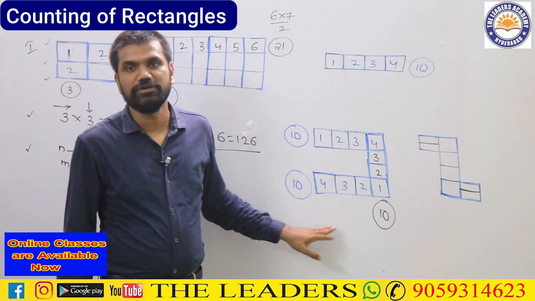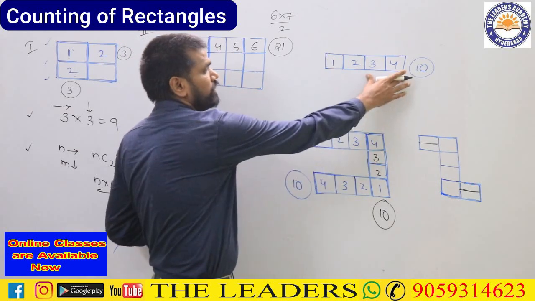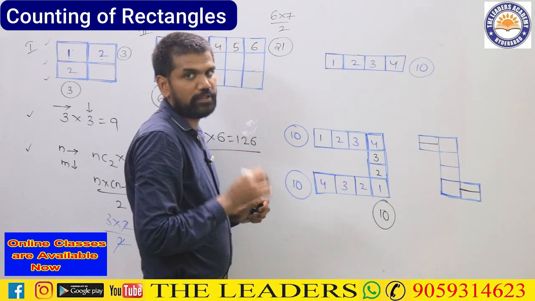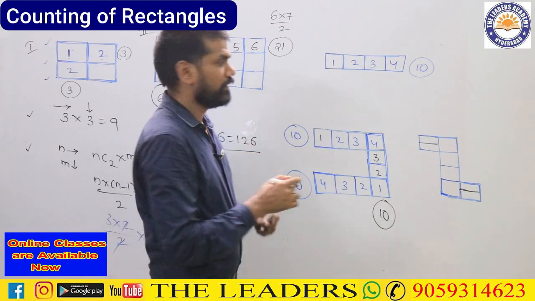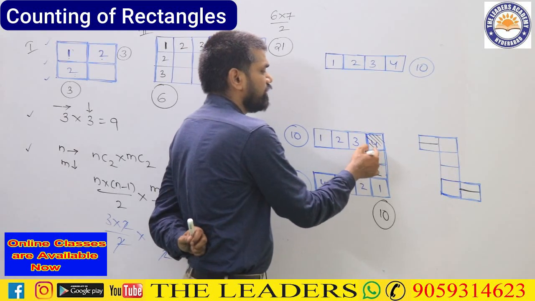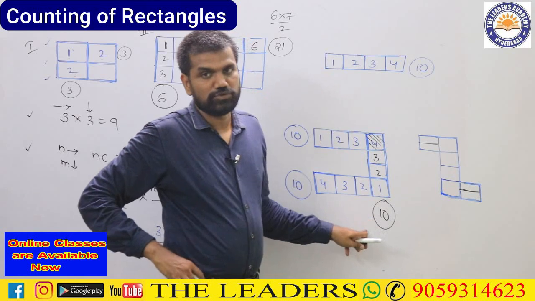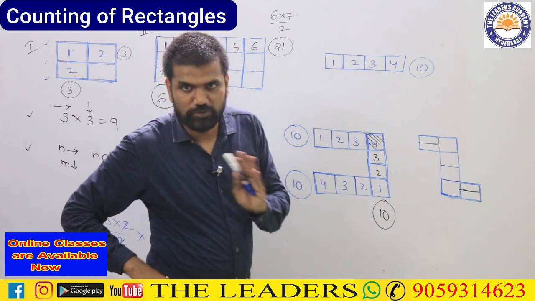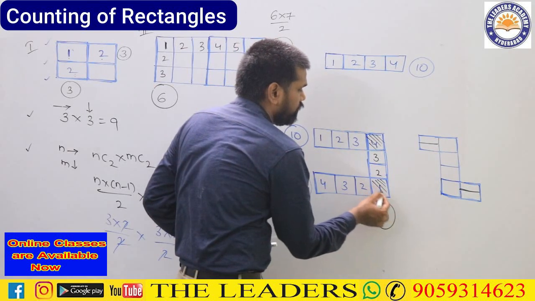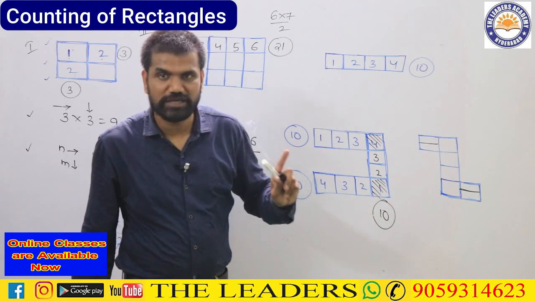It's a combinational figure. So here we know that this is giving you in total 10. This is also giving you 10. This vertical sum is also giving you 10. But if you observe carefully, this 4, whatever is observed over here at this corner, this is already being counted into 10. Again I am counting that into this 10 also. That means that is counted twice. I have to remove that. Similarly, this one is also already counted into this 10. Again I am counting it into this 10. That's why I have to remove that as well.